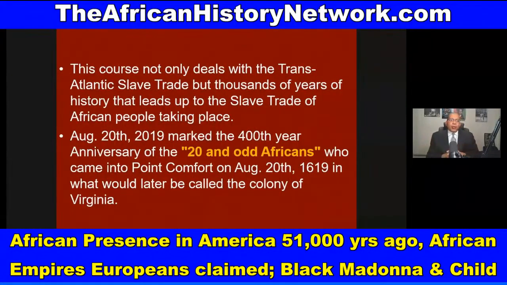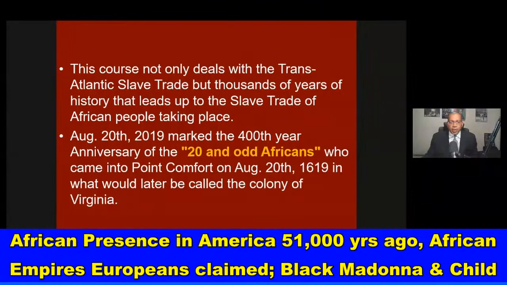This course not only deals with the transatlantic slave trade, but thousands of years of history that leads up to the transatlantic slave trade taking place. August 20th, 2019 marked the 400th year anniversary of those 20 and odd Africans, or 20 and odd Negroes, who came into Point Comfort on August 20th, 1619, in what would later be called the colony of Virginia. This is on the White Lion, an English pirate ship. Even though that did happen, Africans were in the land we call the United States of America going back at least